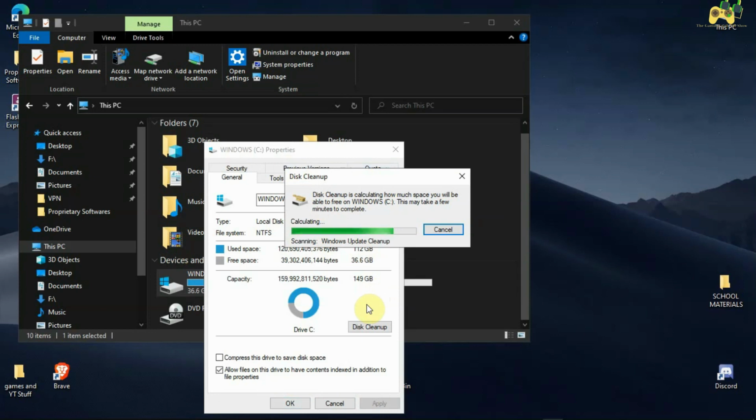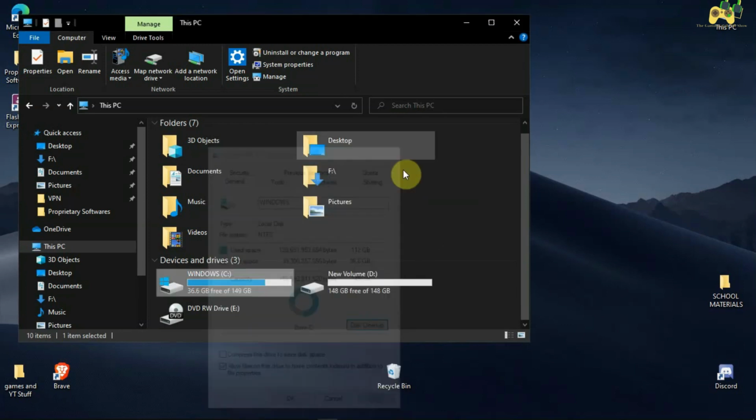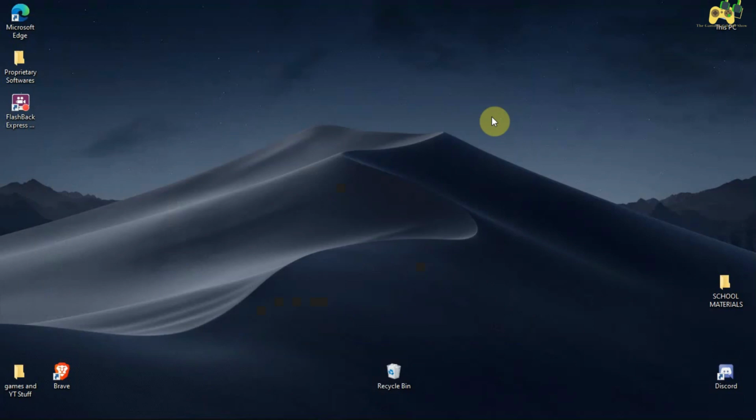So I'll show in a second. I might have shown in a second, but my scan is taking a little time, so I'm going to cancel here. But when your scan is complete, you need to go to the option Clear files, and then you will be asked for confirmation. Then you need to delete that and wait for a few seconds or minutes, depending on the speed of your PC. Once that is done, your unwanted system files will be deleted and you can get space.